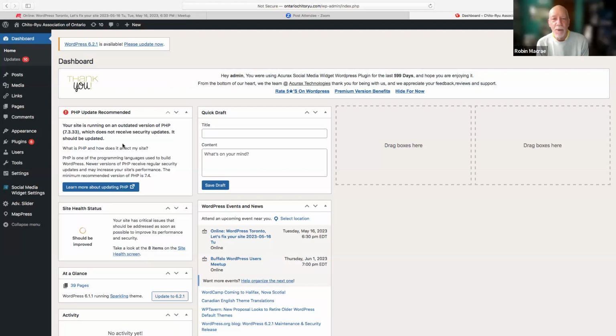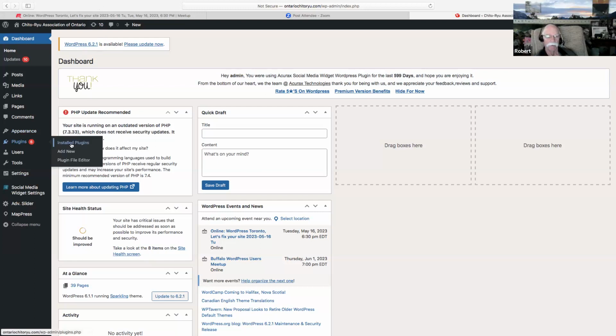Anyway, let's go back to Robert. Where did we leave off with you? We're backing you up so that you're ready. So I need to get a new plugin to do some backups, like UpdraftPlus or something like that. And then once I've backed it up, then you can proceed with the upgrade, bearing in mind that it's a minor version update, meaning the dot one. That update came out a little while ago, and I haven't heard anything.